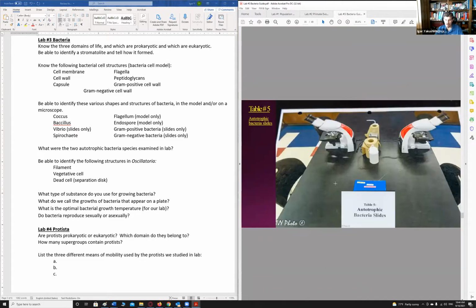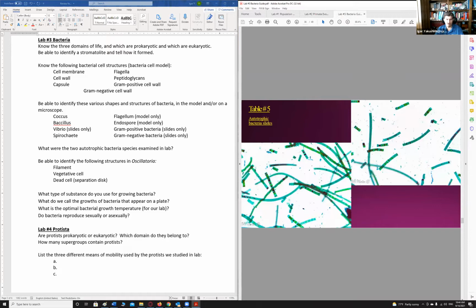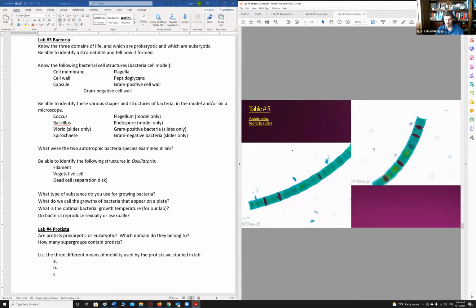All right, autotrophic bacteria, we talk about the oscillatoria, right here. And in this case, I think I have a higher magnification. So you can see it's basically a cell right next to the cell, right next to the cell. If the cell dies somewhere in the middle, it will lose the chlorophyll, not chloroplast. It does not have chloroplast. Remember, it's all bacteria, so prokaryotes. But they have a chlorophyll as the pigment, so whenever a single cell dies,